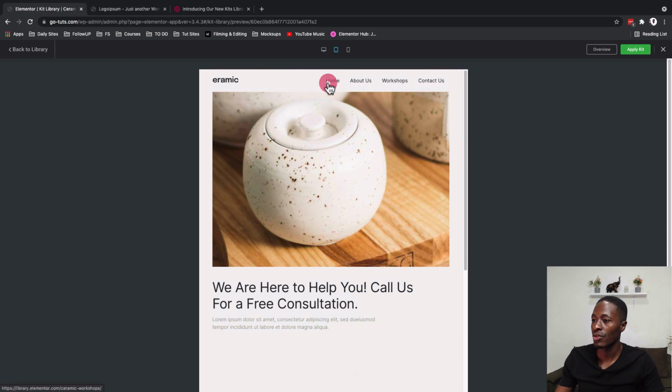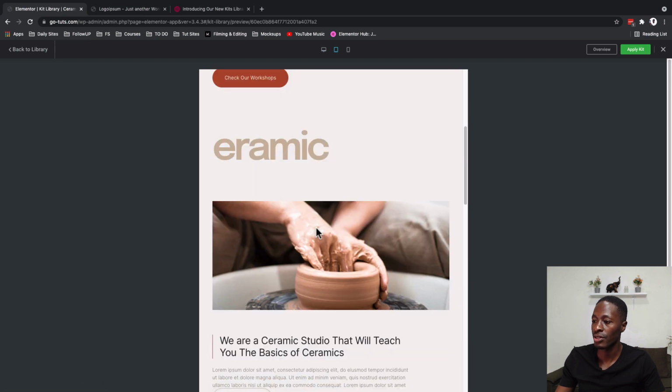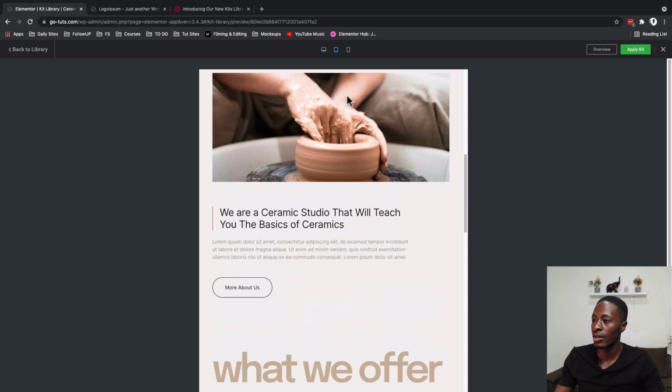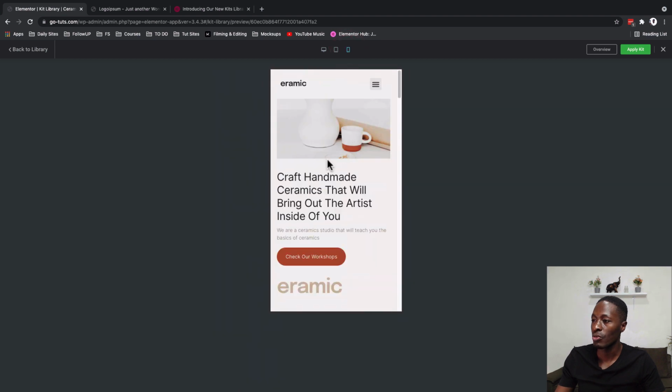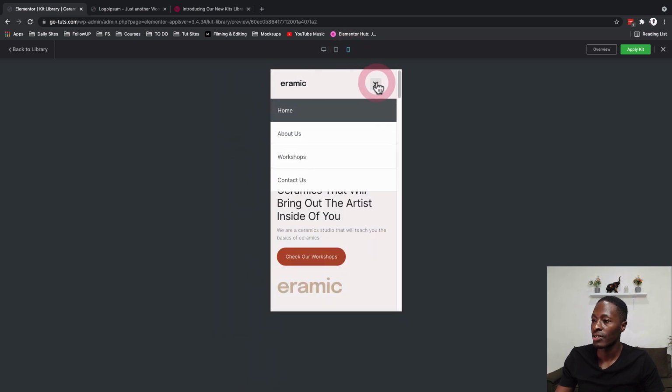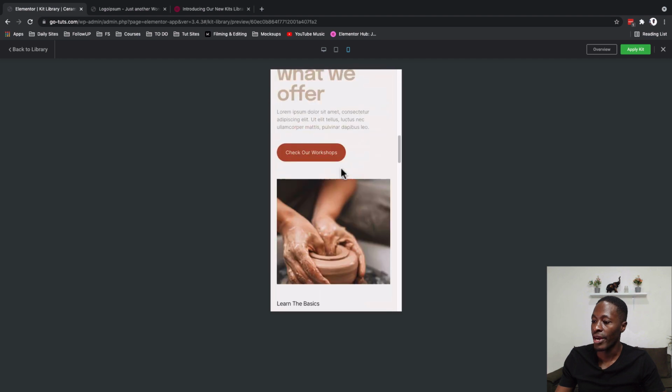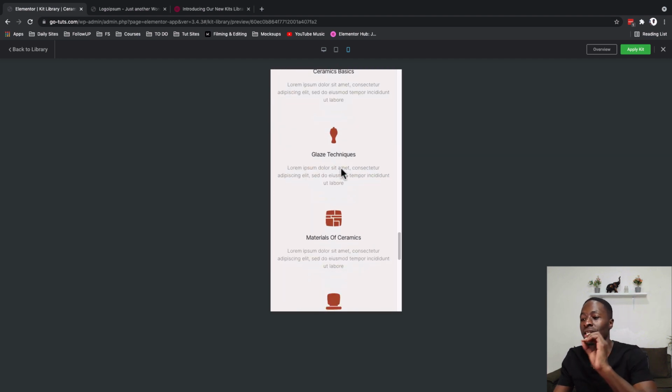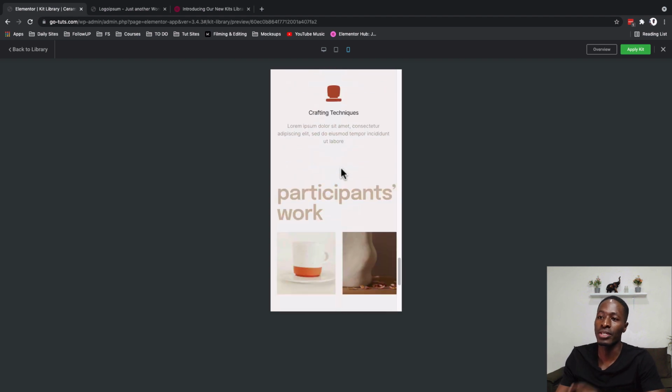Even when you check back through to the home page, it looks great. When we even browse it on a mobile device. Alright, so I'm going to show you exactly how you can get started using this exact template in your Elementor